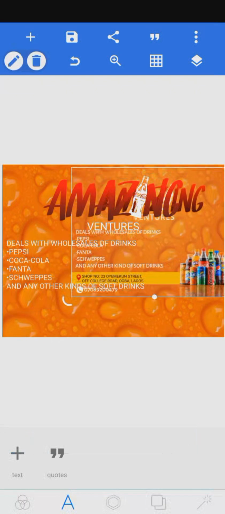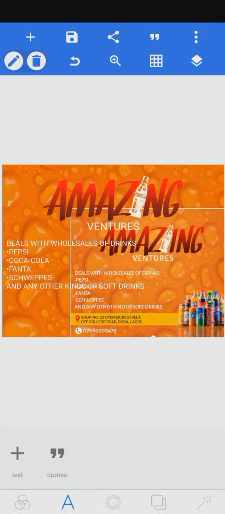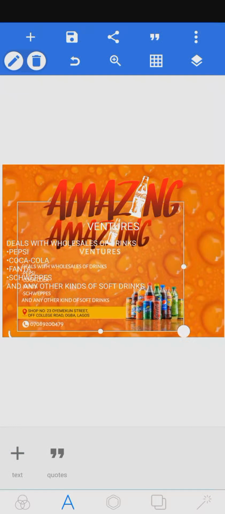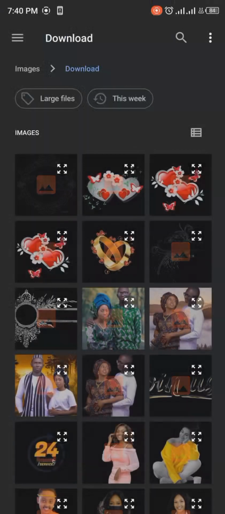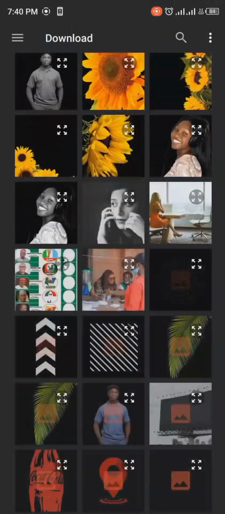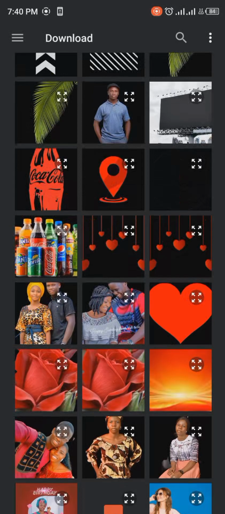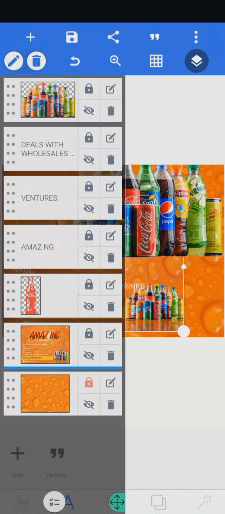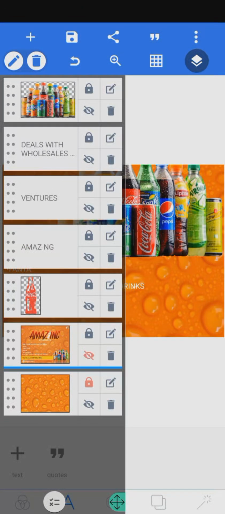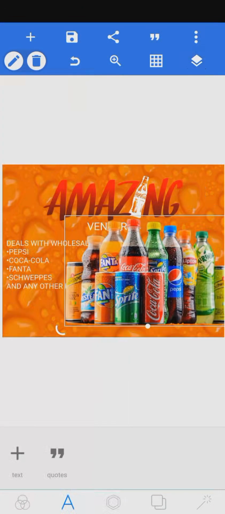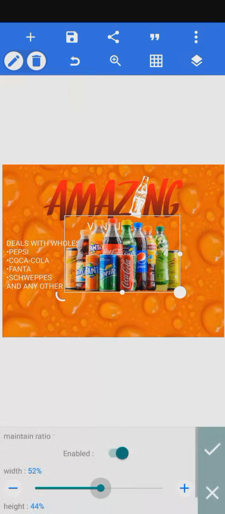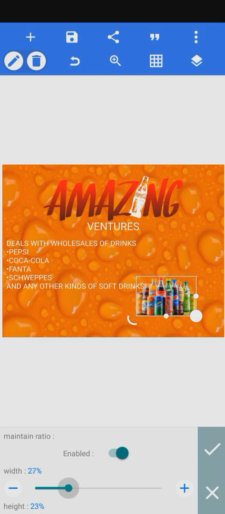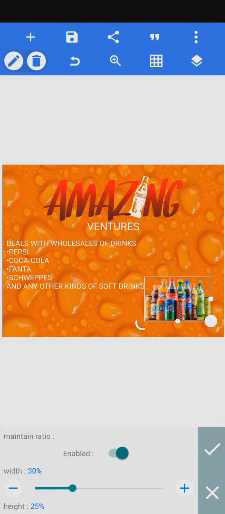Perfect. So the next thing we check is we import our image. Gallery. The one that you've removed the background, that's the one you're going to use. Okay, let me hide this ready-made design. Reduce the size, just reduce it. Just make it 30. Okay,